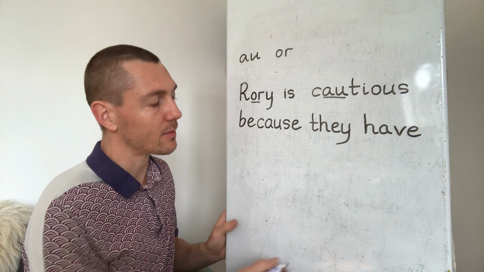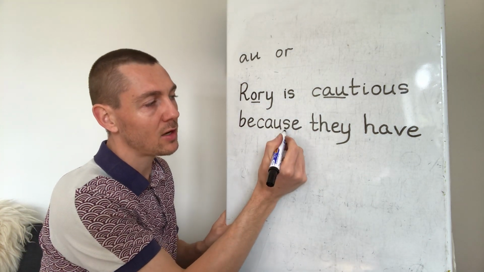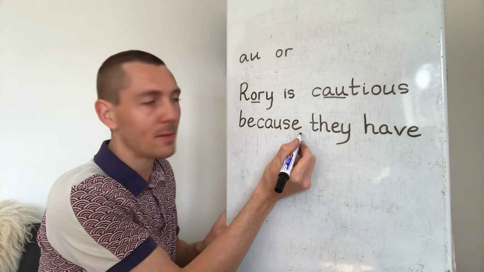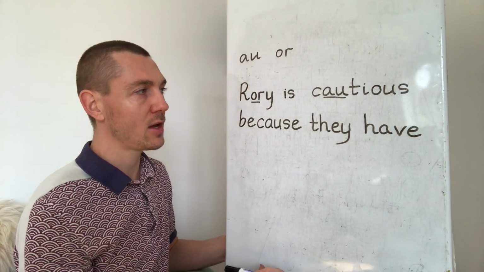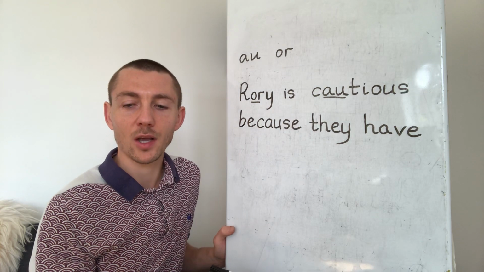Because they have, and we've got the SE spelling of Z in because, remember. Because they have. What do they have? Rory is cautious because they have